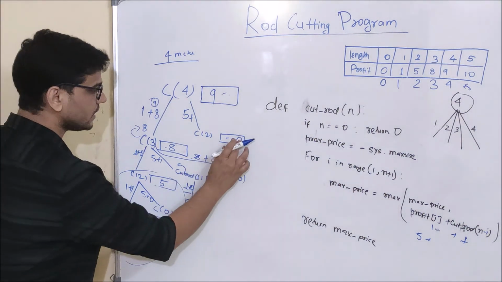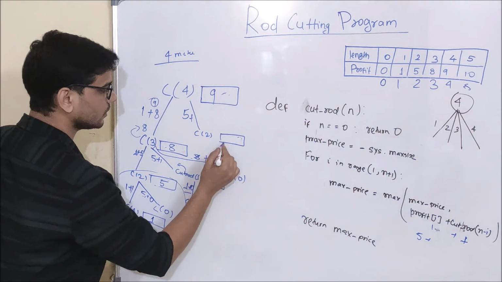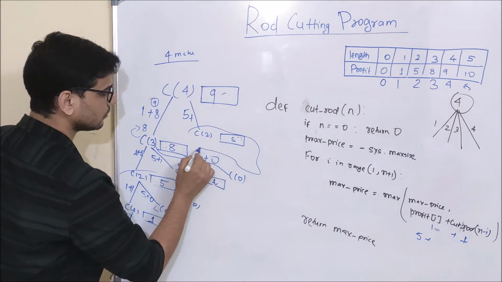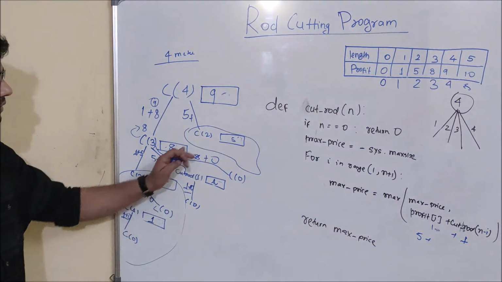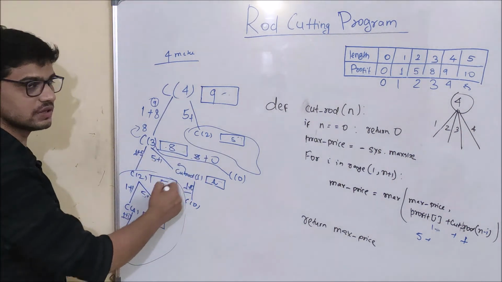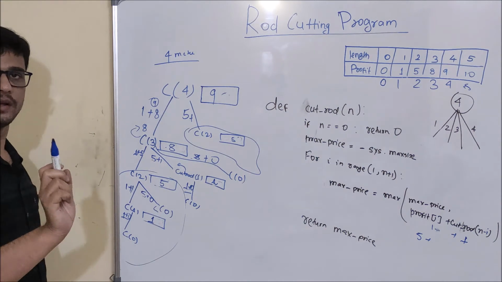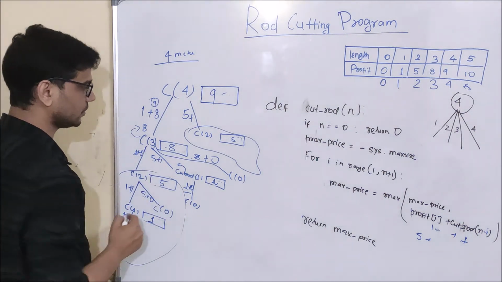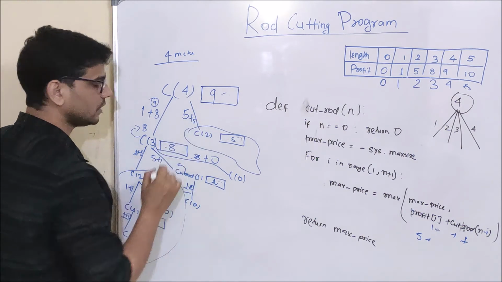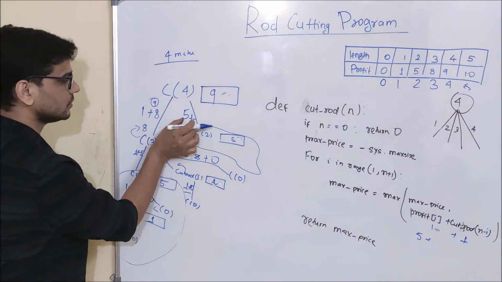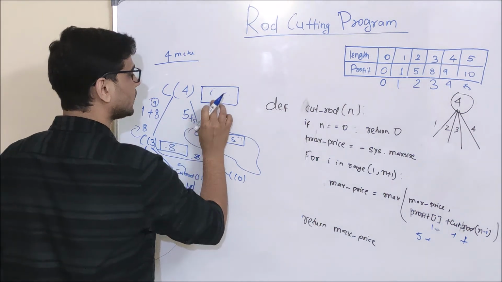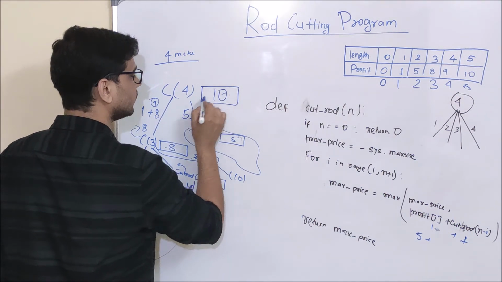Basically, I am taking a shortcut here and updating it to 5, and I am denoting here with an example. This will denote a tree and this will denote this tree. So as you can see here, overlapping subproblem. I will come to this particular thing later on. So this will be 5 and it will be returned from here. And as you can see, this plus this is greater than this particular value. So here I will update 10.